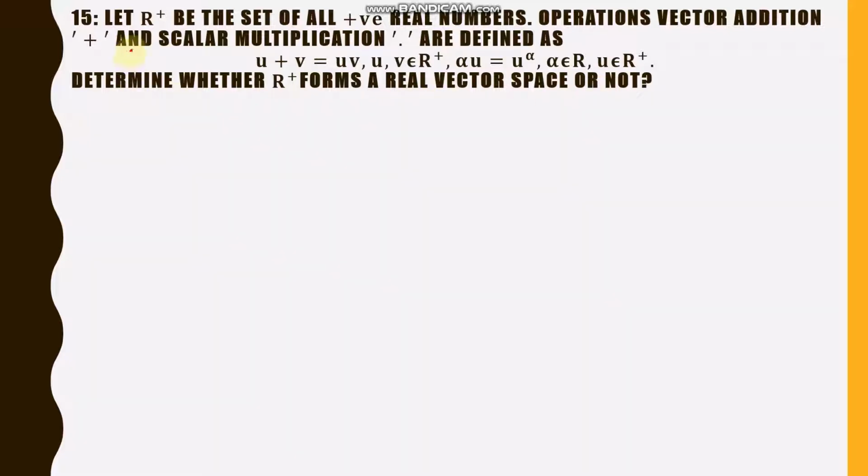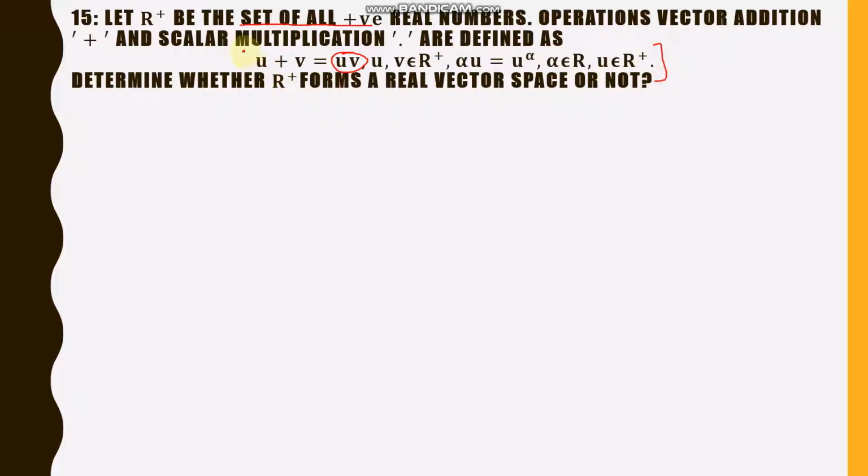It is the set of R plus, means the set of positive real numbers. And in this space, addition is defined like multiplication. So when you are adding two vectors, instead of addition, what you do is multiplication. And when you multiply a scalar with a vector, you take the power of the vector to be that scalar, u to the power alpha. So you have to keep in mind these operations. Here the operations are not usual operations, but the operations are defined in this way.